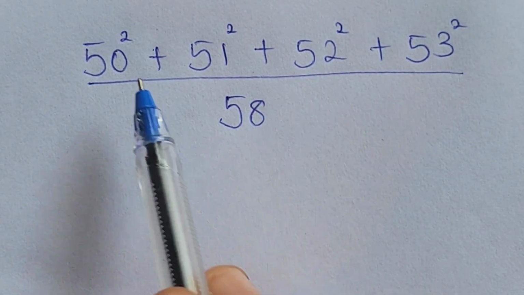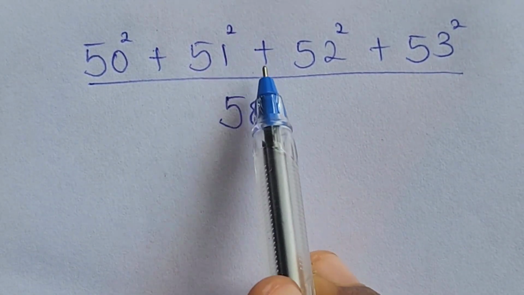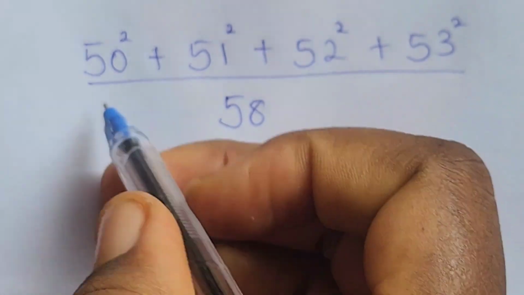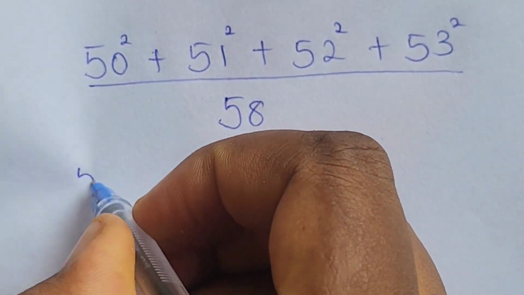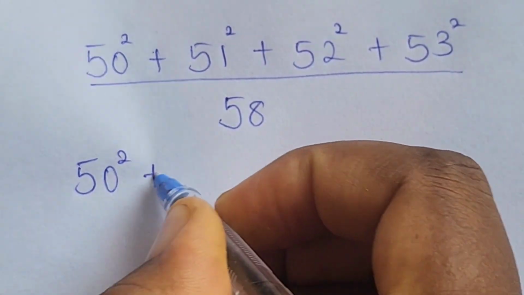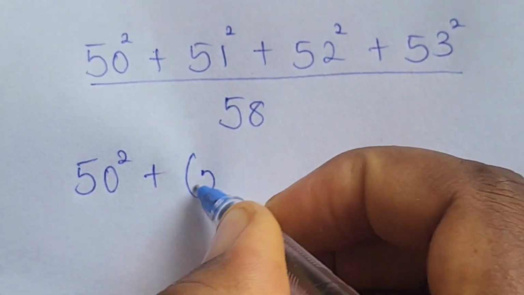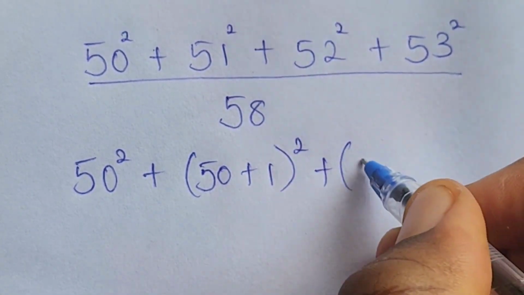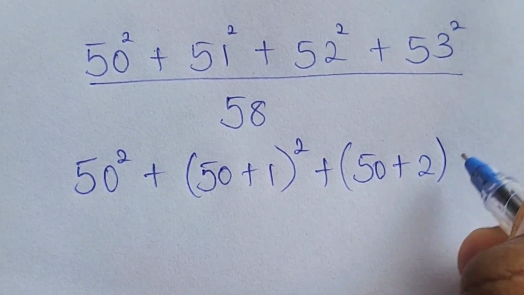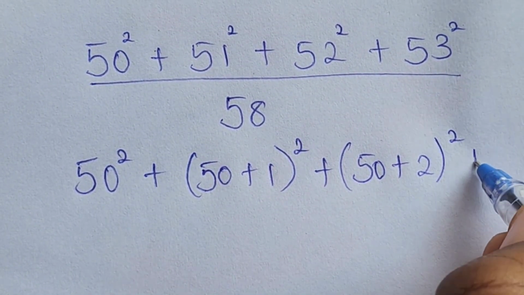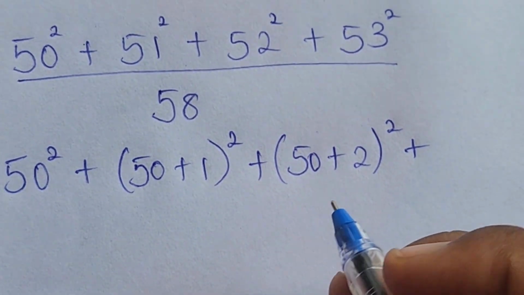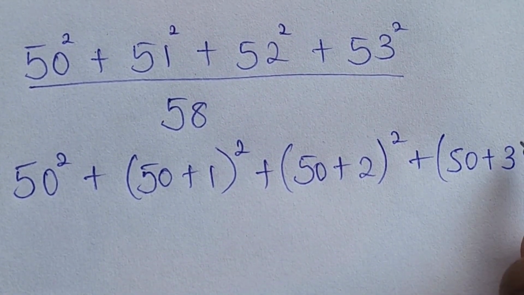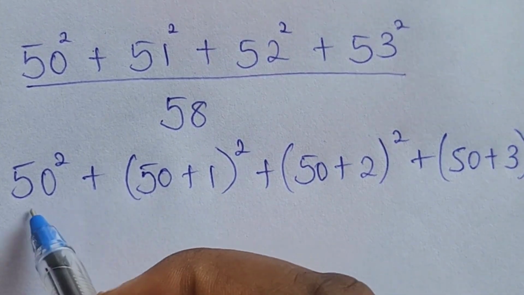So let's solve this problem together. We have 50 squared plus 51 squared plus 52 squared plus 53 squared all over 58. Now let's split this. We have 50 to the power of 2 here, plus our 51 is the same as 50 plus 1 all to the power of 2, plus we have 52 as 50 plus 2 all to the power of 2, plus we have our 53 as 50 plus 3 all to the power of 2, and this is